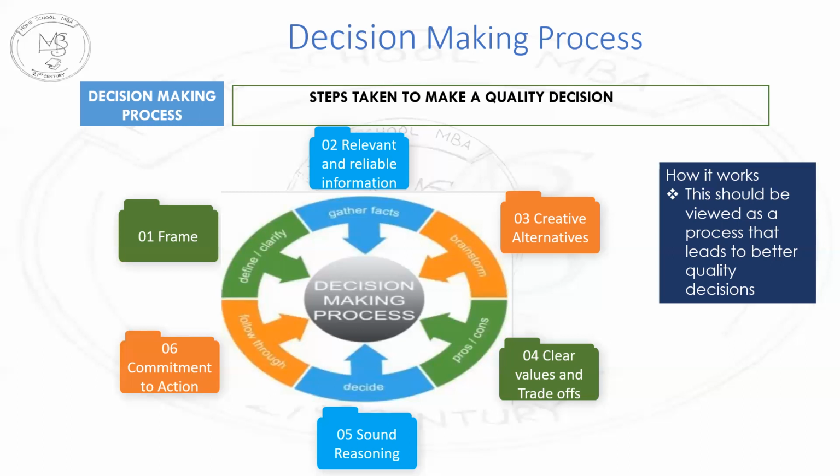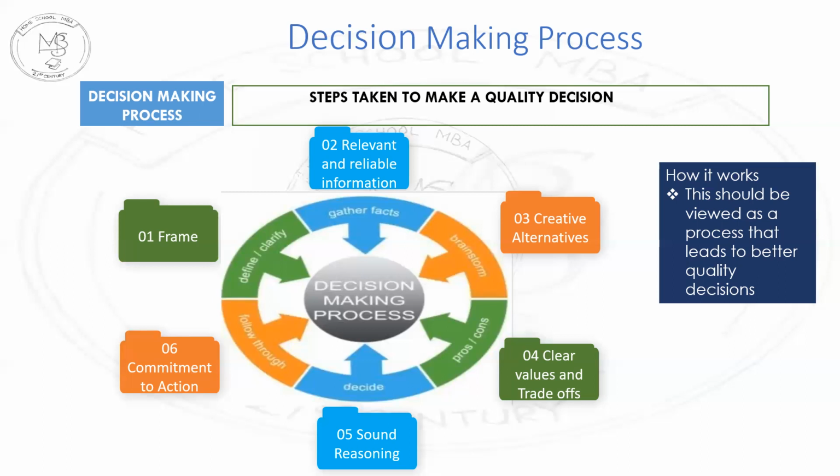So then it brings us to element 5, sound reasoning. Now that means that you discuss it. It's a collective decision-making system. It's not simply a direction or directive from the chief executive or the top management to do something. It is reasoned out, where you have discussed pros and cons, negatives and positives of the decision, and then you come down to a proper decision based upon those pros and